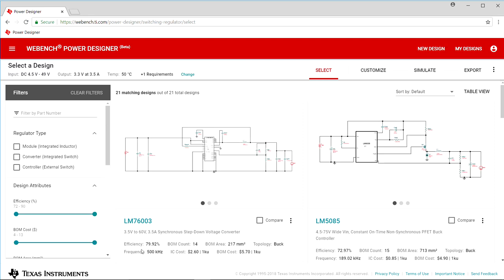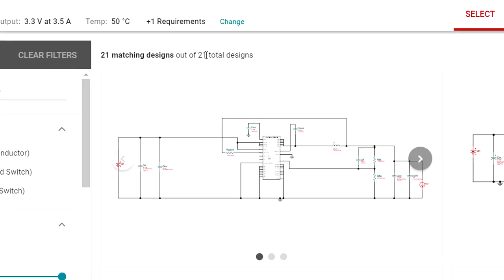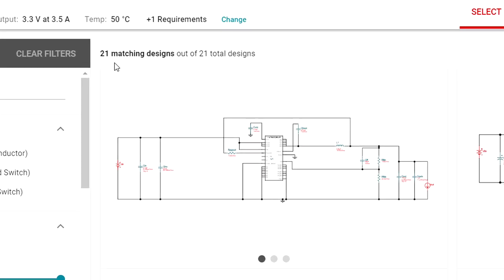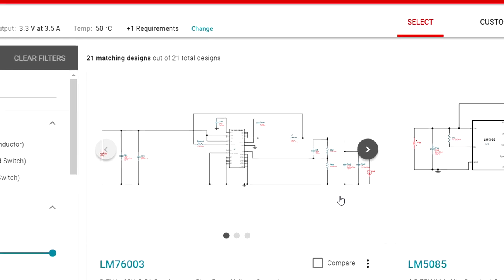So now we have a totally new way of picking the best part for the design. In less than a minute, the tool just went through thousands of calculations and sorted through hundreds of designs. In this case, it found 21 designs that match your criteria. I spend a lot of time on this page just studying the designs.